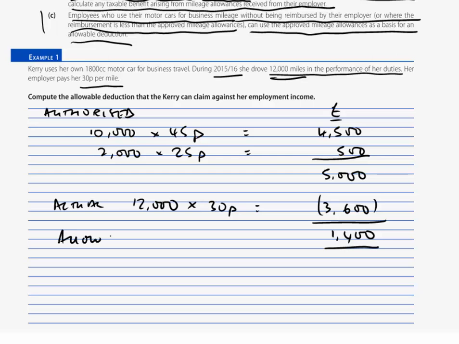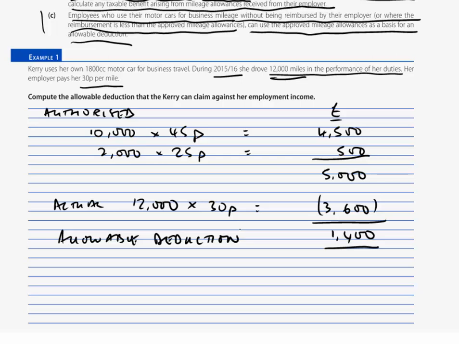So here we have determined that there will be an allowable deduction that you will be able to deduct from the employment income assessment for your employee, here Kerry, for our 2015-16 tax year. We can deduct from the employment income an allowable deduction of £1,400 in determining the net employment income